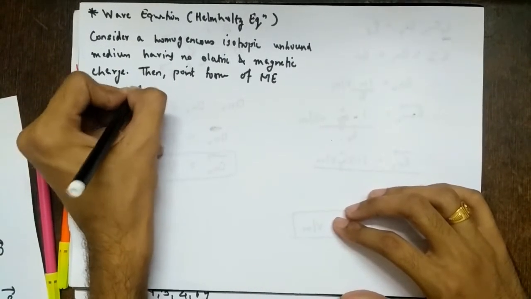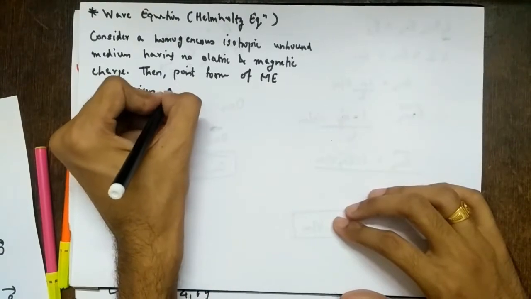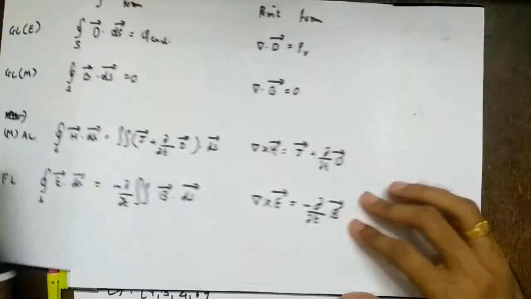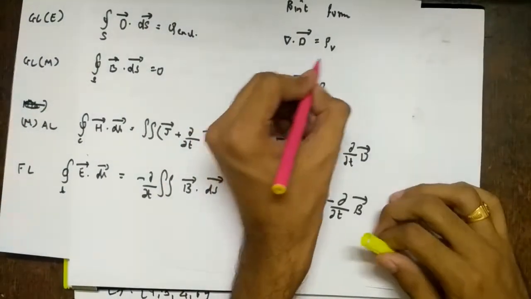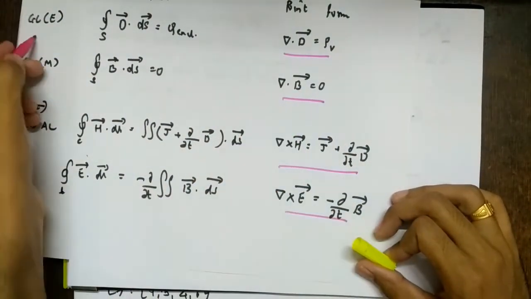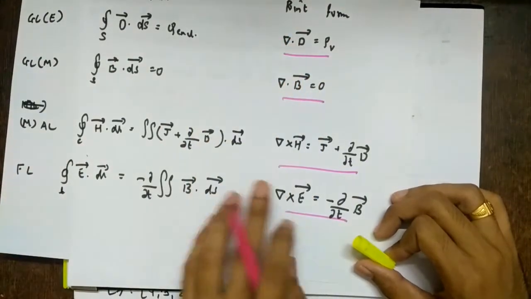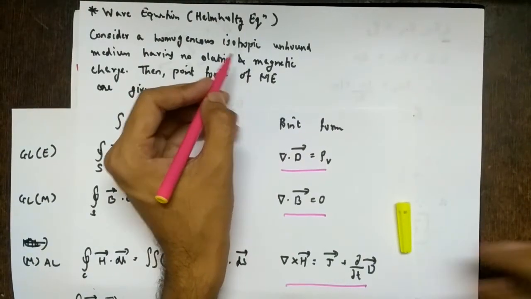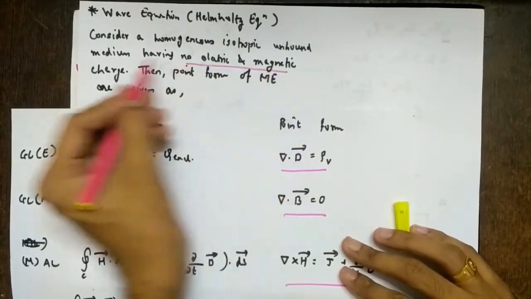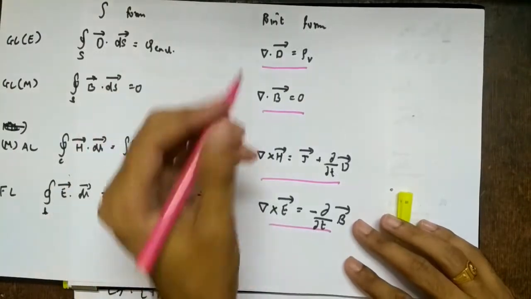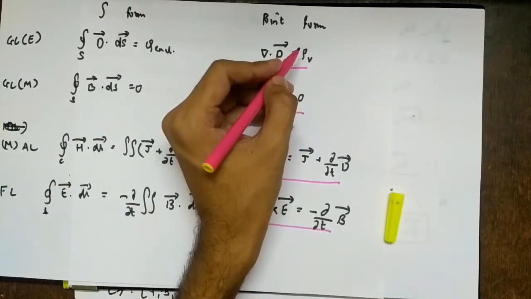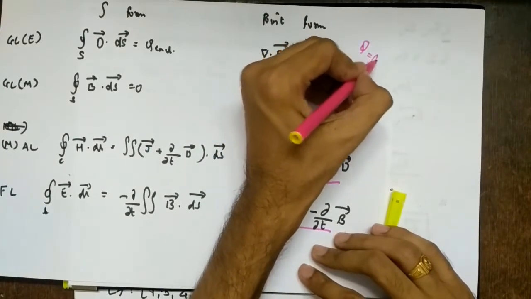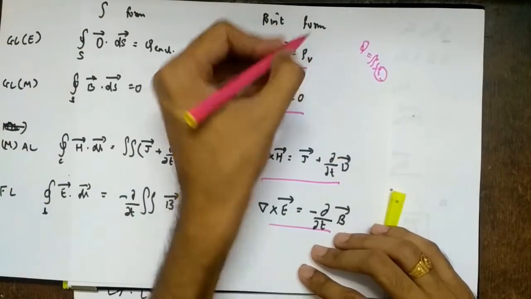are given as, strictly speaking, it can be given as, right? So what are the point forms? These four are the point form, right? No need to mention the laws, we can just mention the equations. But what we are assuming, no electric and magnetic charge, right? So there are no charges, right? So rho v should be 0 because there is no charge. Since there is no charge q, so there is no question of volume integral rho v dv. So rho v will be 0.